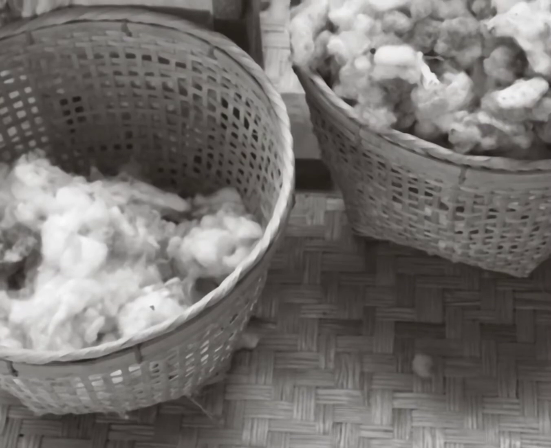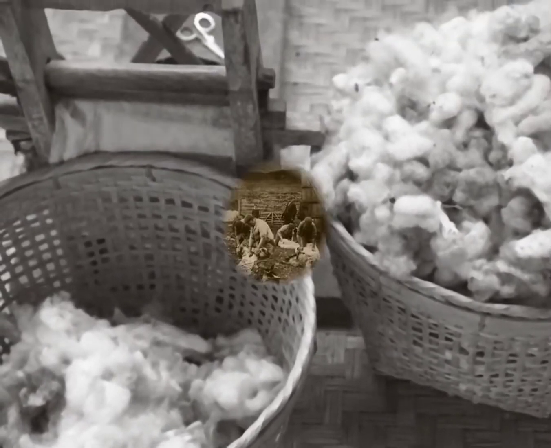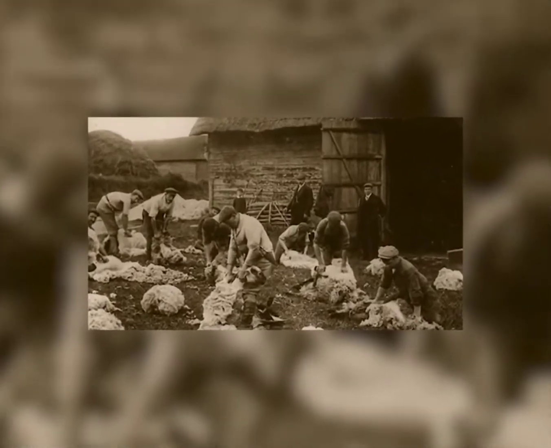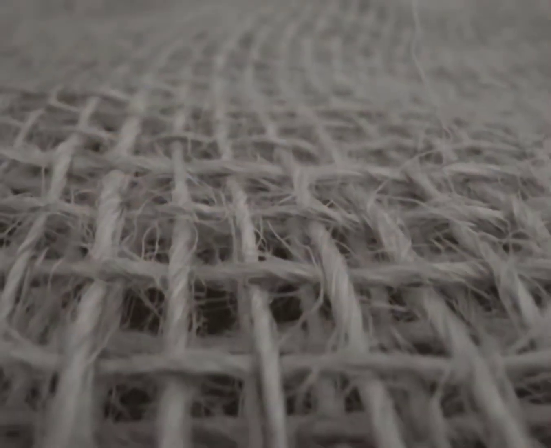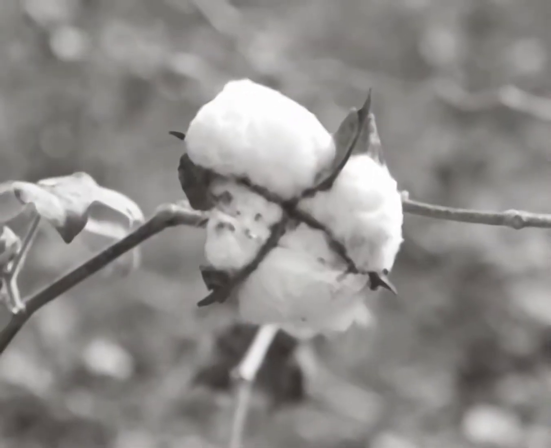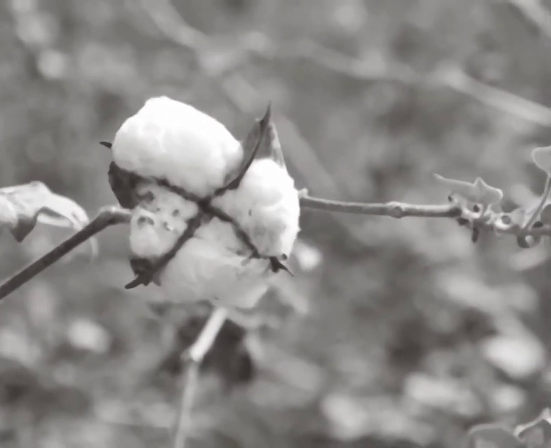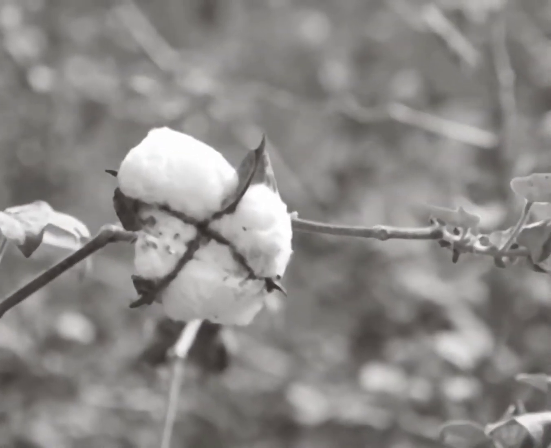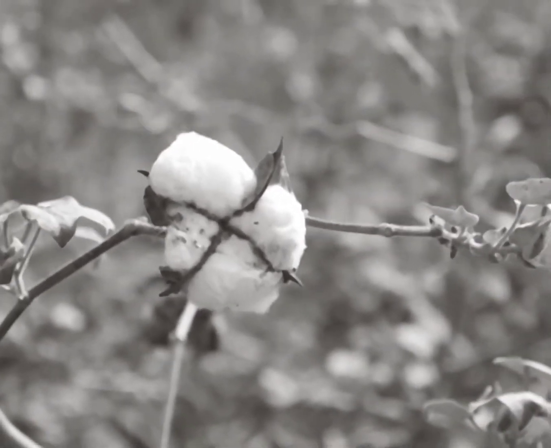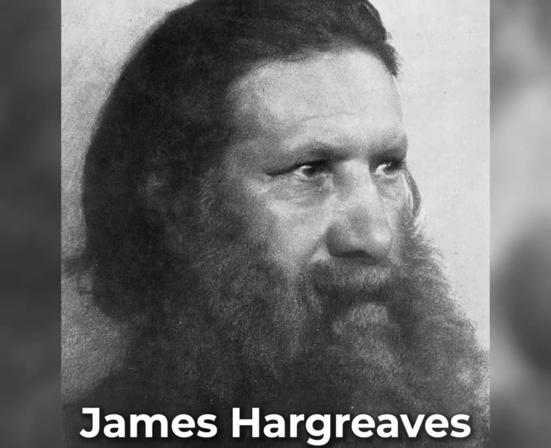The flying shuttle was so effective that small textile mills quickly ran out of thread. Individual families couldn't produce enough wool from their own flocks, and importing American cotton was too expensive. Adding to difficulties was a lapse in the supply chain, as the cotton lint was difficult to separate from the large seed inside each cotton boll. Demand far exceeded production. An English carpenter and part-time weaver, James Hargreaves, dreamed up a solution.